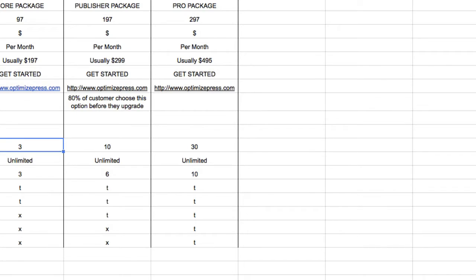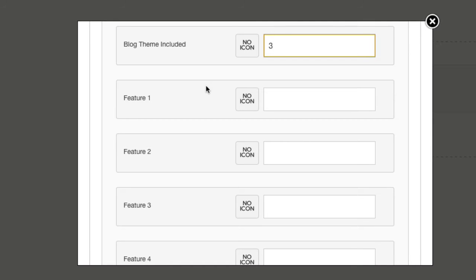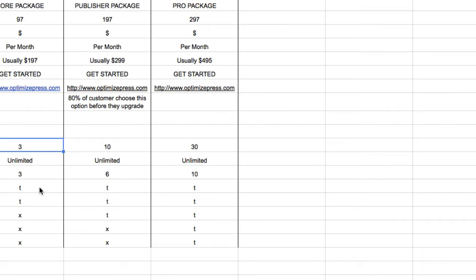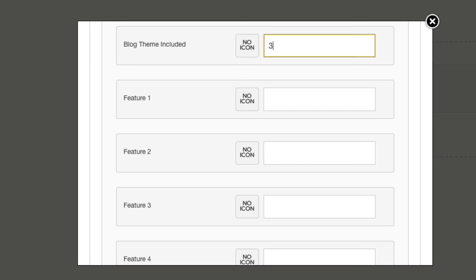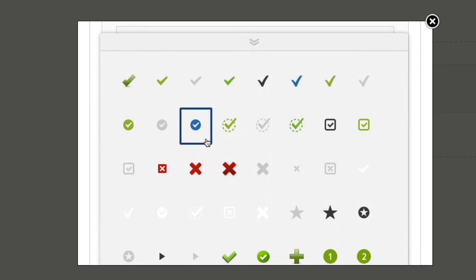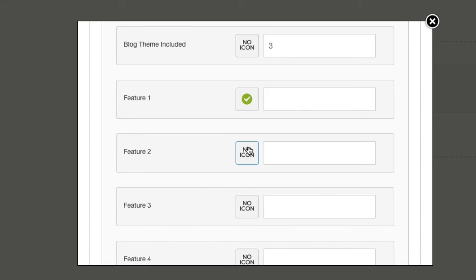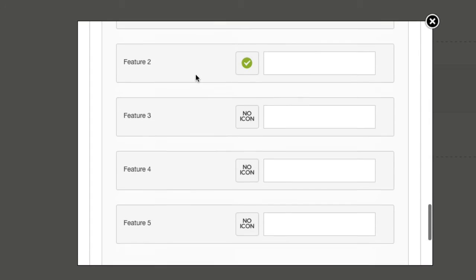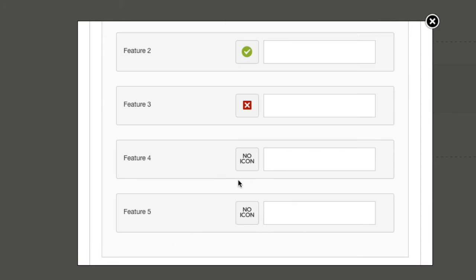Now you don't have to use text or icons, it's entirely up to you. You could use all text for these features, or you could use a mixture of text with ticks and crosses. Ticks and crosses are very visual, so people can quickly see what features are included with their purchase. What I've done here, I've got 2 ticks and then I've got the rest to be crosses. All I simply do is click on where it says no icon, and from here I can choose the style of tick that I would like to use. So I'm going to choose this one, and then I think I had that one as well. So I had 2 ticks, then I had crosses, so I'll go back in, I'll choose this cross